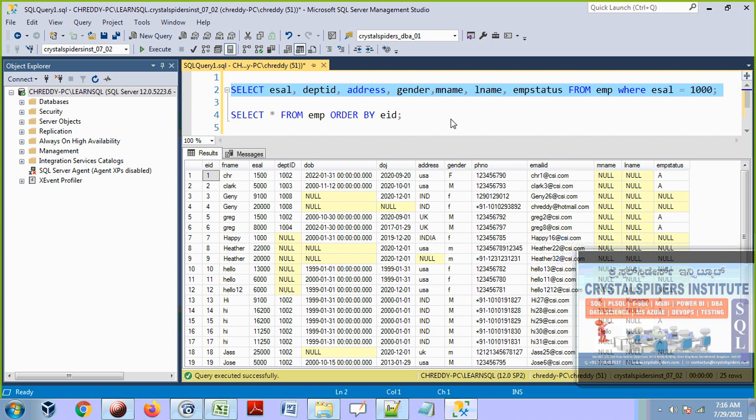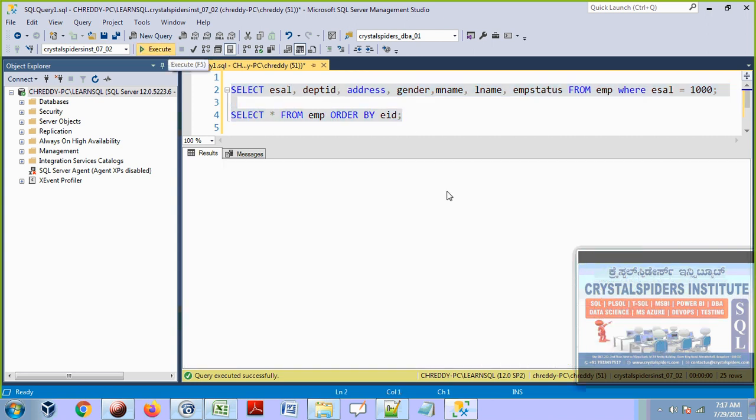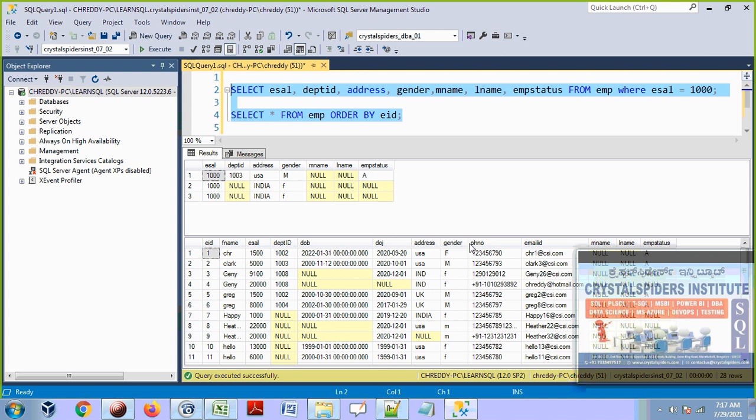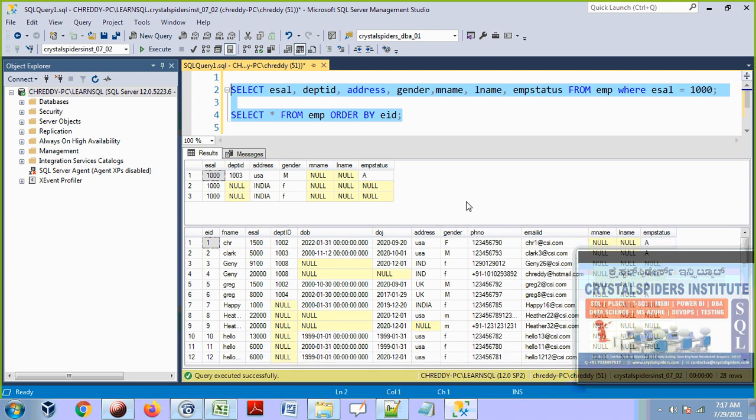Only a few columns I am displaying from the employee table, and among those few columns, I am seeing some duplicates. So when somebody is talking about duplicates, the first question we need to ask them is: are you seeing the duplicate records in your entire table or only on some specific columns?